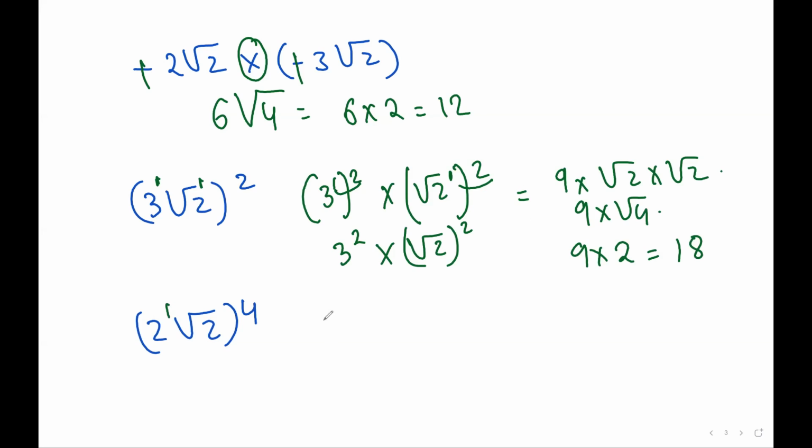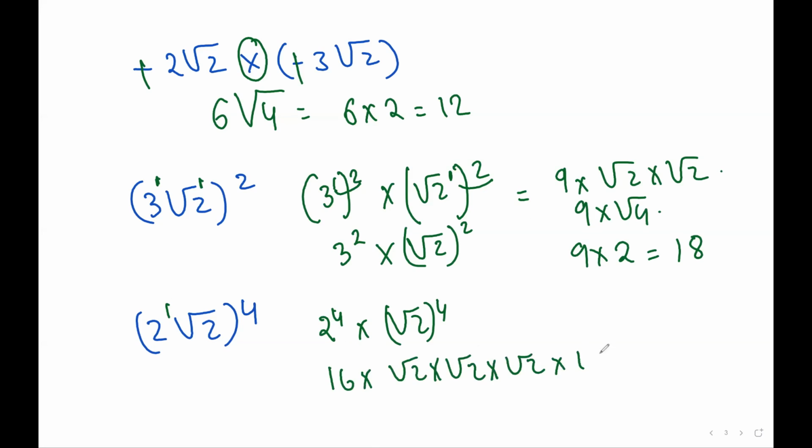Again same thing. Nothing means 2 to the power 4. Here this is root 2 to the power 4. 2 to the power 4 is what? 2 2s are 4, 2 4s are 8, 2 8s are 16. And here root 2, correct? So this root 2 into root 2 is root 4, which will become only 2. So answer is 64. I hope you all are clear till here.